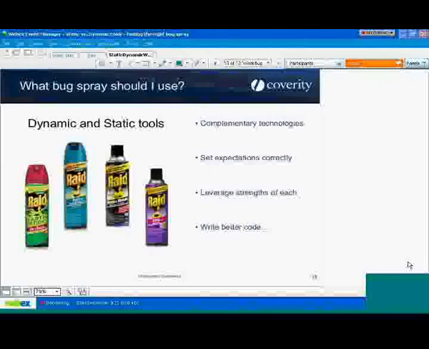Okay. Are there any static and dynamic tools